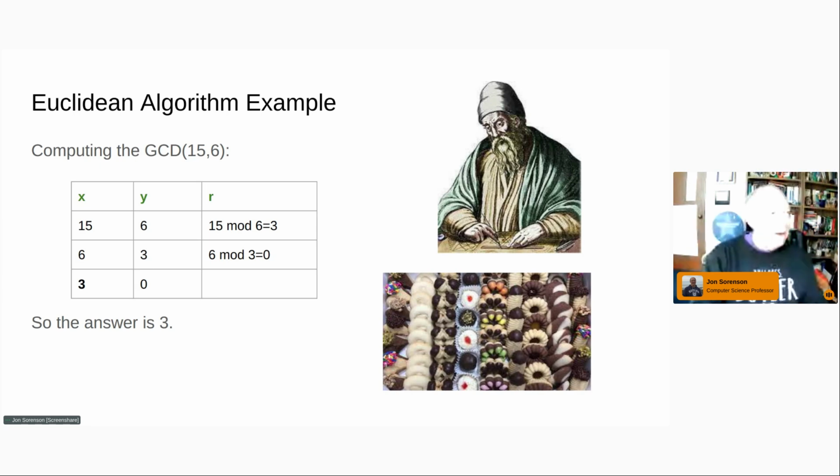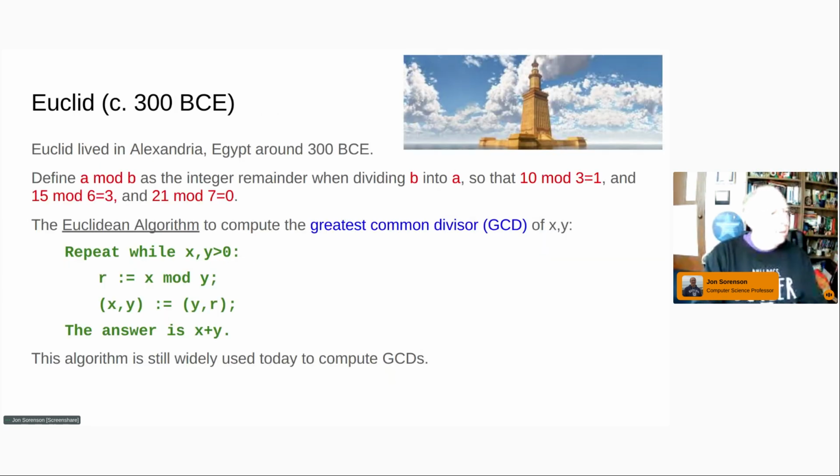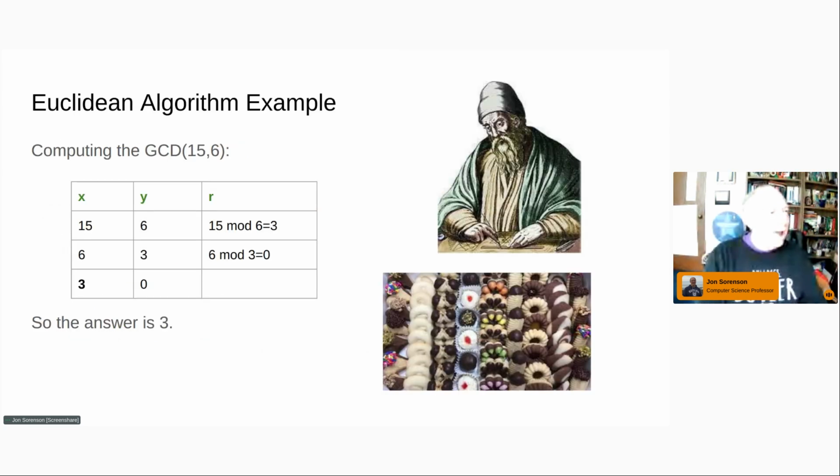And then if you look back at the algorithm, that's when we stop, right? Well, x and y are both non-zero there. So, and we just add them together there. 3 is the answer. So that's the way Euclid's algorithm works. And it's kind of cool because you don't have to actually find all the factors of x and y to compute its greatest common divisor, which makes it efficient. So, yep. So it's a good algorithm.